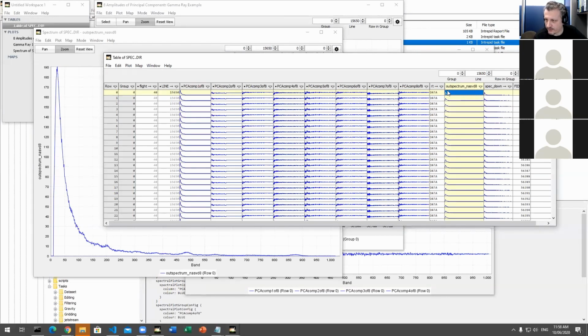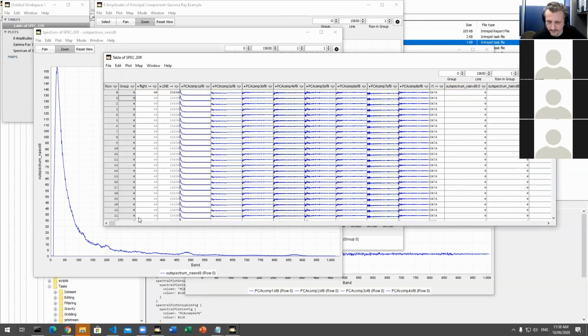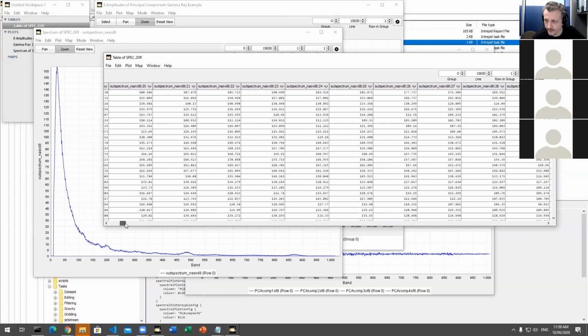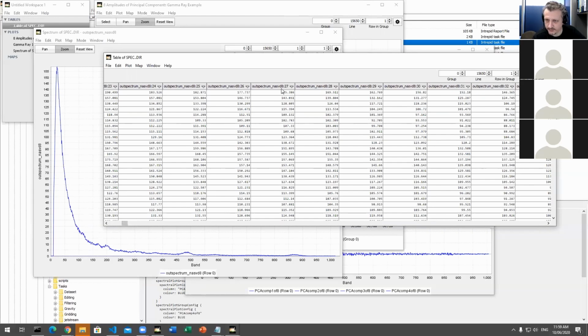So there'll be multiple bands of data for that one particular point, and so in the table view, we can also represent this as a graph instead of as discrete multiple bands like this. So like in this example, there's 1,000 data points in that one row, so it's quite hard to read or